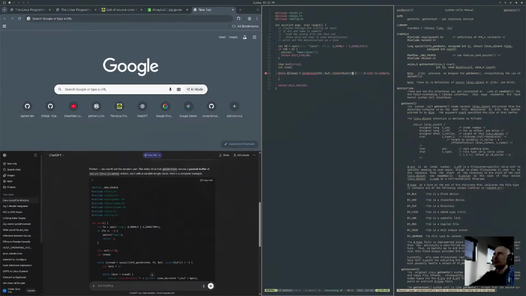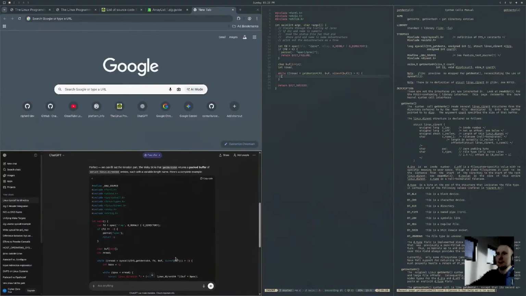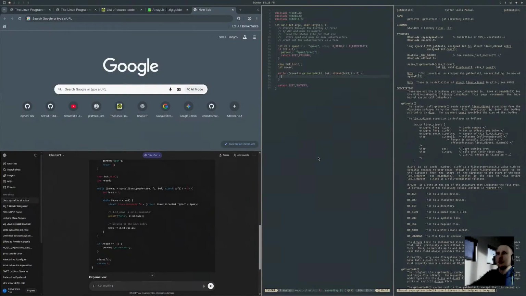We say, hey, while that is greater than 0, then we're going to set buffer position to 0. Then we're gonna get our